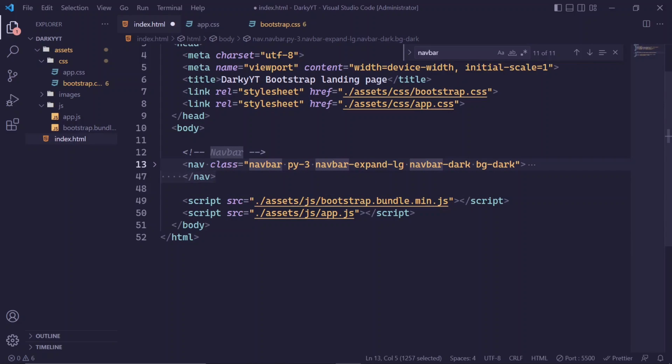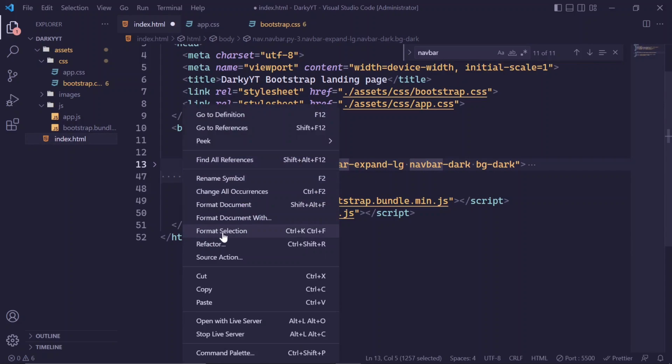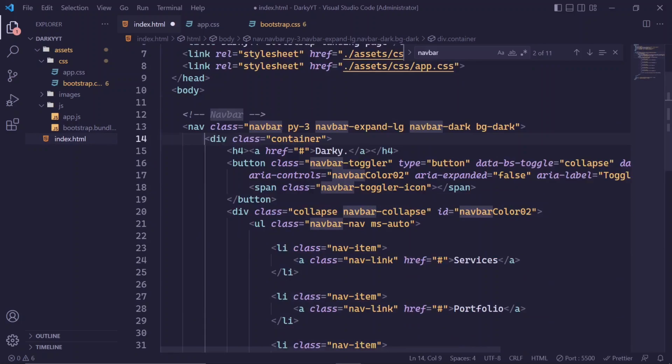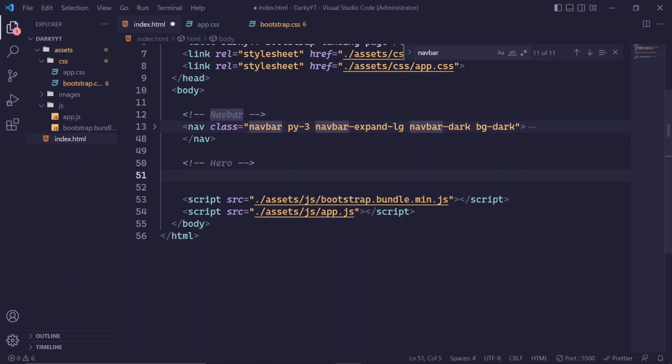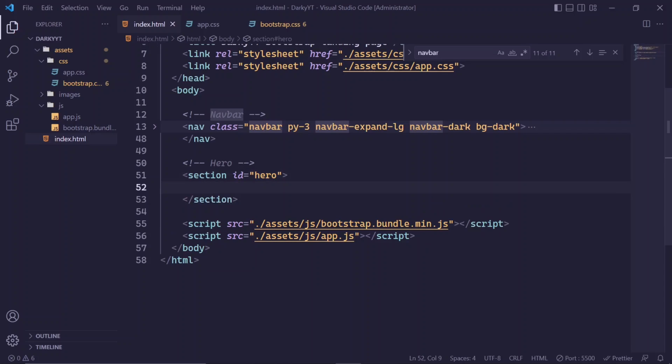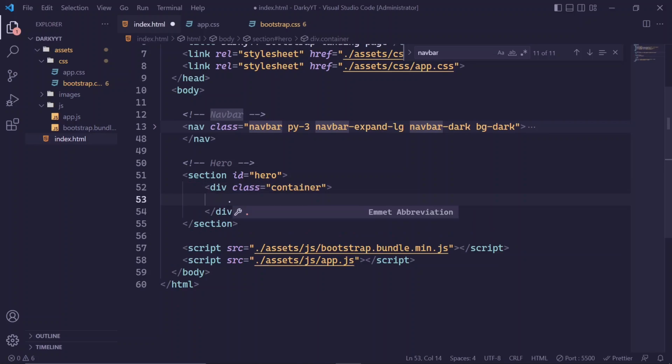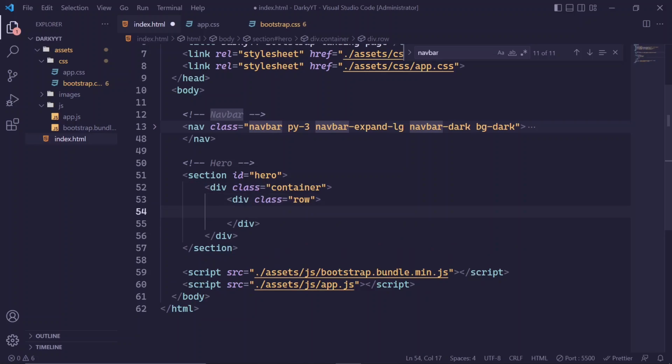So I'm going to select this navigation bar, and I'm going to click on the format selection. Alright, here I'm going to create a comment. So this will be hero. I'm going to create a section. I'm going to give an ID to this section, so this will be hero. Alright, inside the hero section I'm going to create a container. Inside the container I'm going to create a row class, and